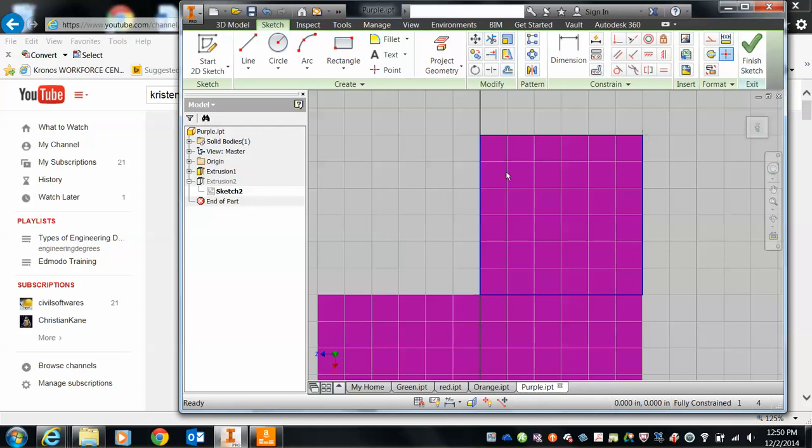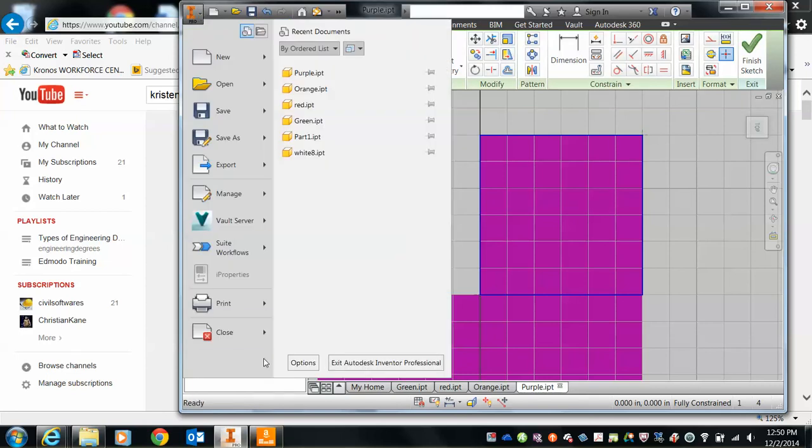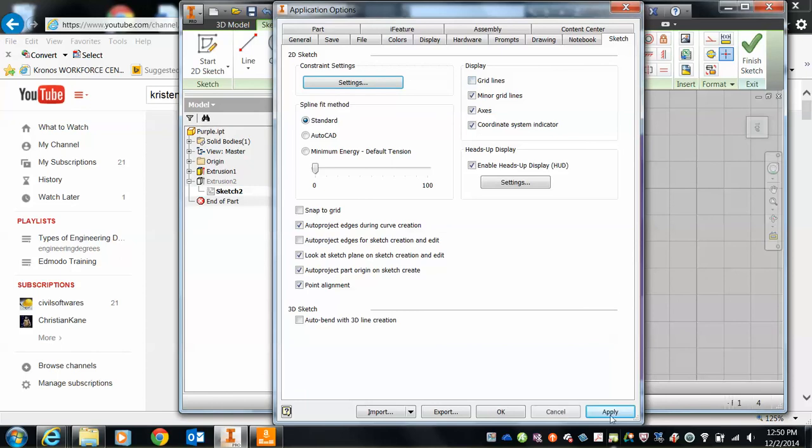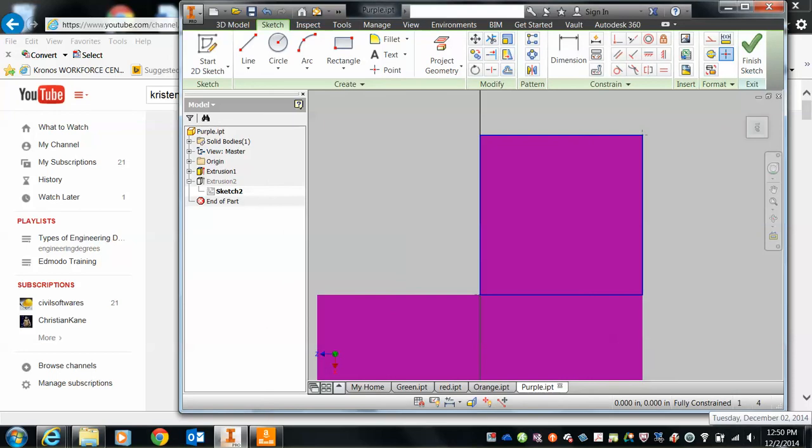So you can see I got my grid lines on there now, so I can see my grids. If grid lines annoy you, and actually I think those grid lines are going to annoy me, so I'm going to take them off. Options. Okay. Any questions? All right, so I am now going to